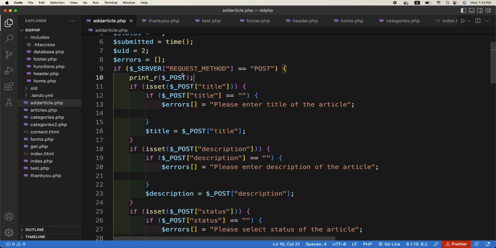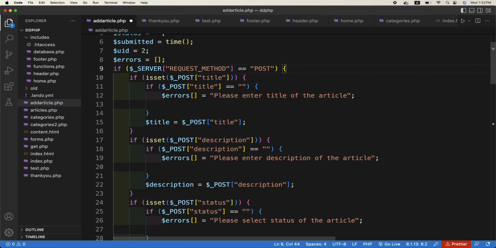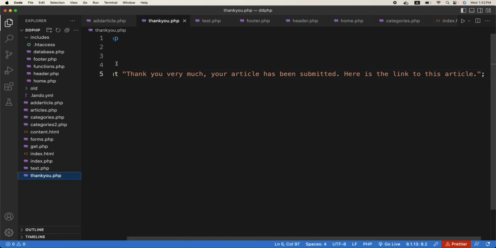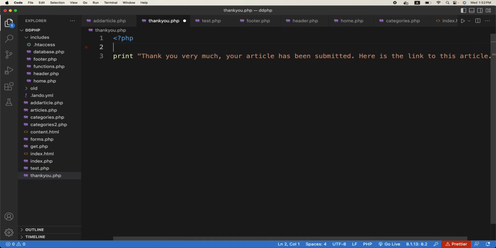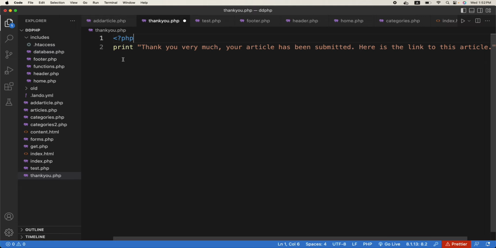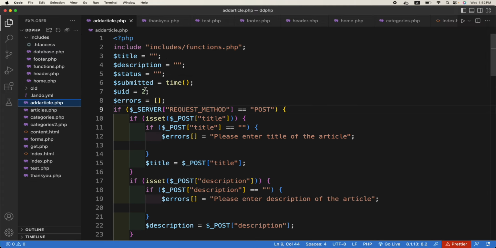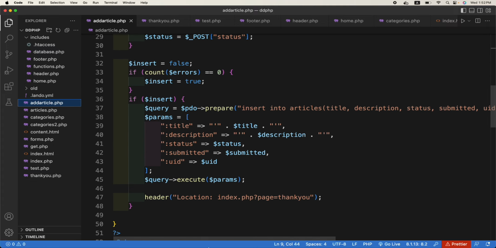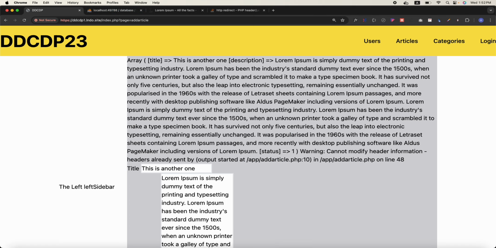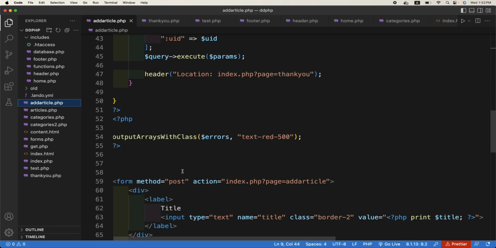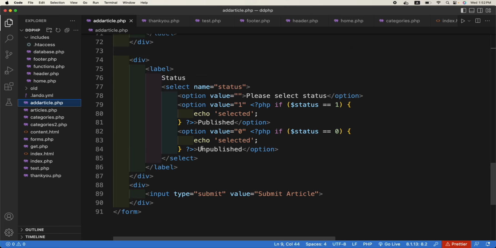Okay, this is it. Also in the code in thank you.php, we have some empty space here. Maybe if it has an effect. And in article.php, okay, so let us try it again. And also we need to fix the add article published, because